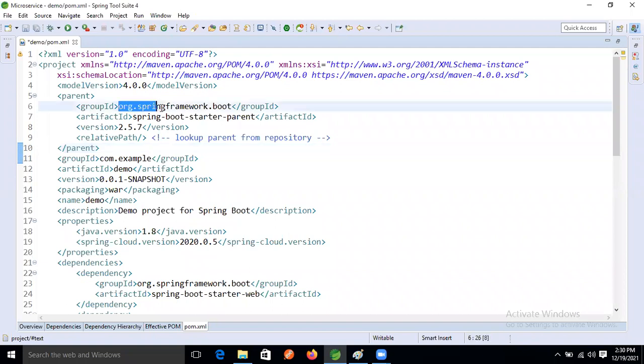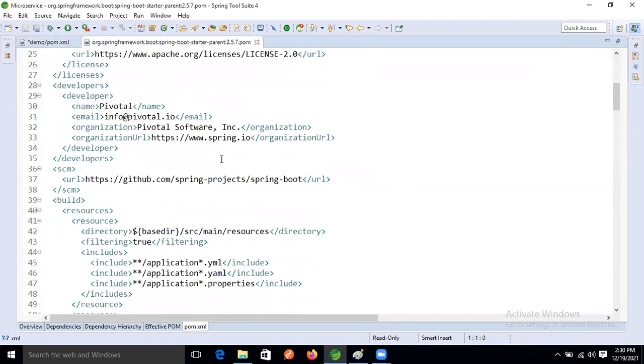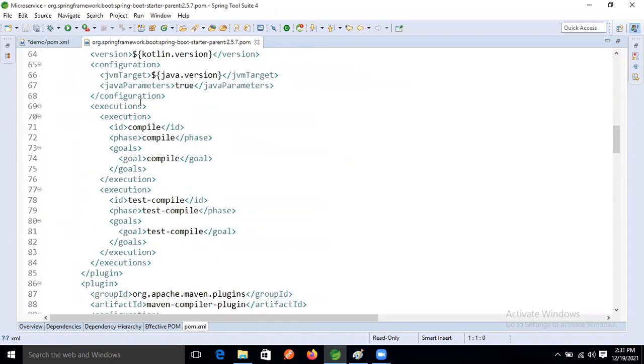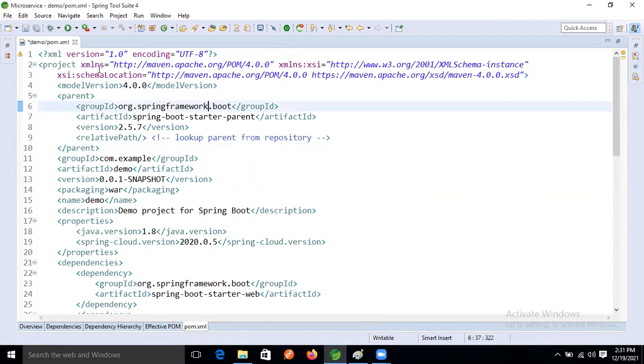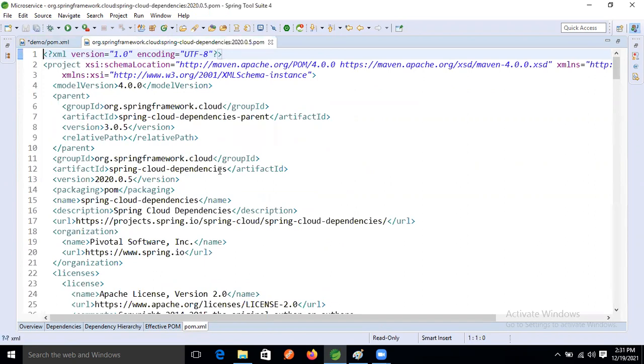See this, org Spring framework boot packages. This is given by whom? Spring Boot. Now open this one. This is related to our Spring Boot project, right? See, this is the packaging also. But I'm going to open our parent project about microservices. See, just I'm opening this one now, guys. Here also one parent project is there, right?